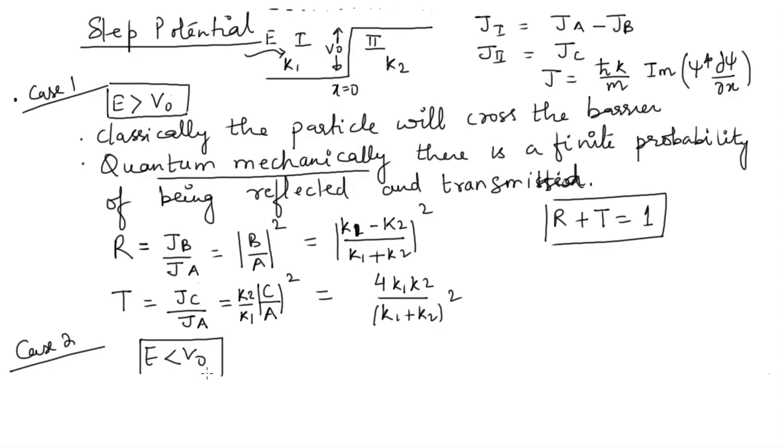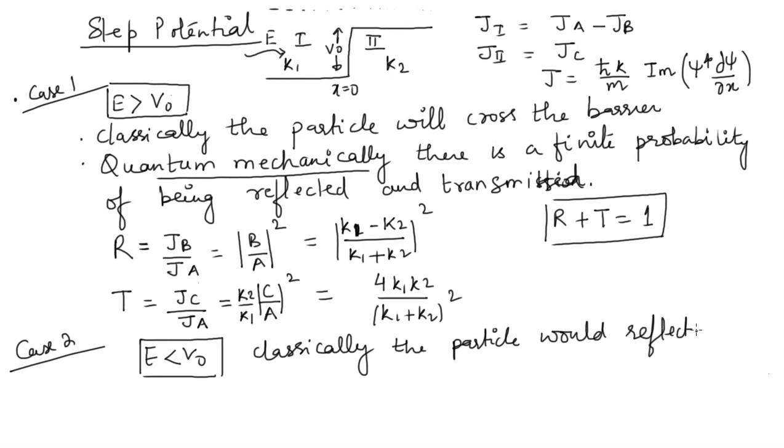And then in case 2, we calculated when the energy of the particle was less than V naught. So classically, what do we expect? When the energy of the particle is less than the potential energy, my kinetic energy would be negative. So classically, the particle would reflect. But quantum mechanically, I claimed that again there is a finite probability of being reflected